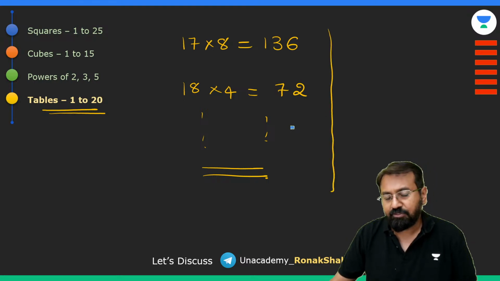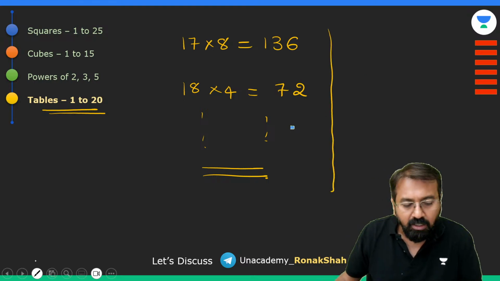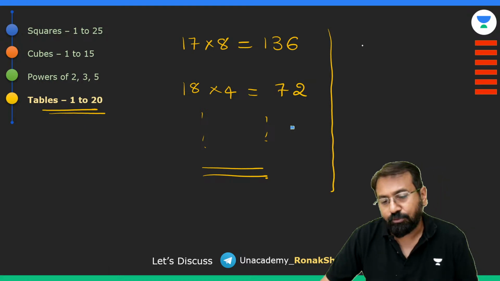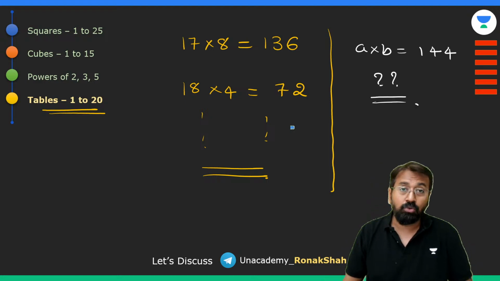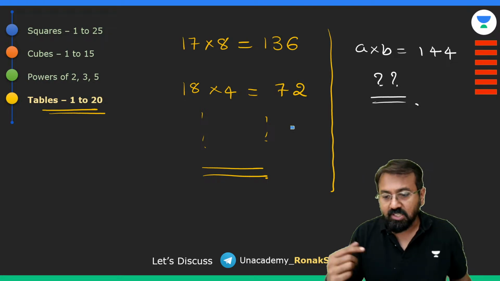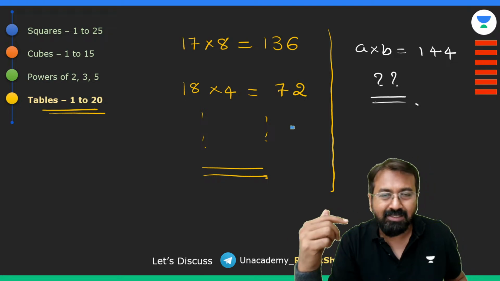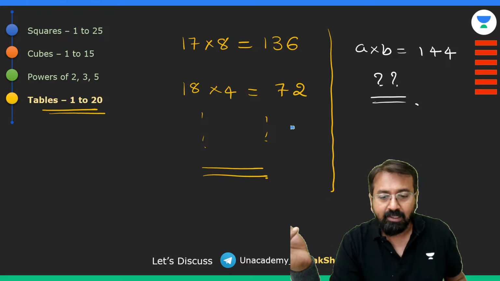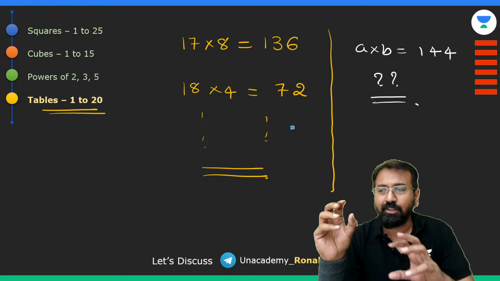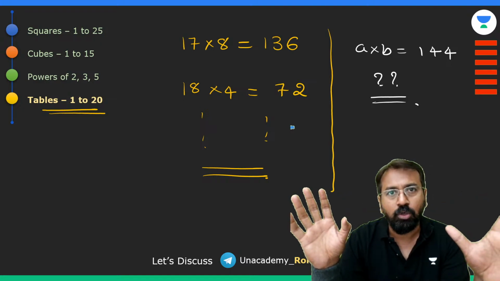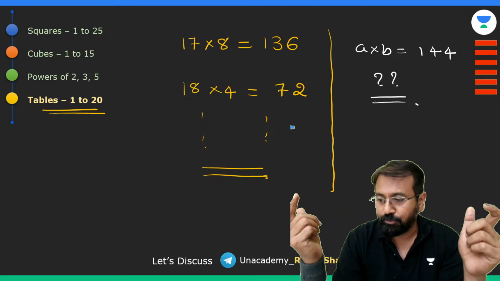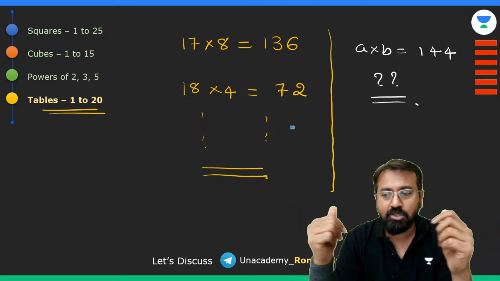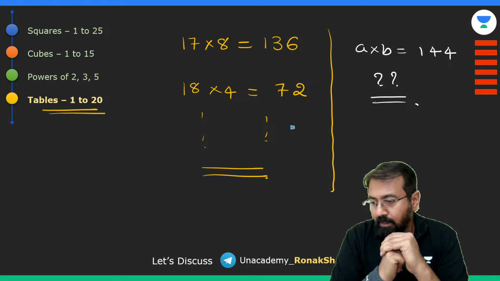Similarly, if I ask you, guys, which two numbers multiply to 144? Product of which two numbers is 144? Can you tell me in the chat box, everyone? Let's see how good you are at tables. So this is where your understanding of tables will become handy, right? You will come across situations where you know that the product of two numbers is 144. Now you need to think of different ways. Which are those ways in which I can get that product as 144? So come on, quickly type it in the chat box, everyone. If you know, yep,